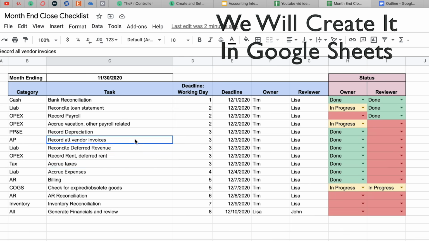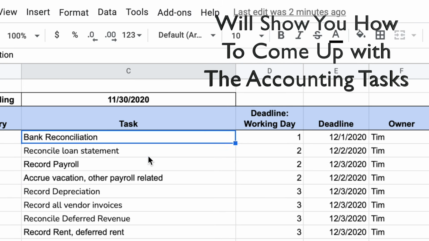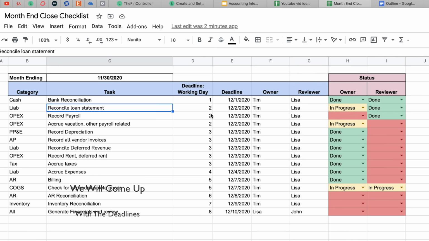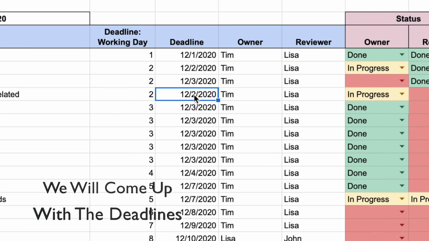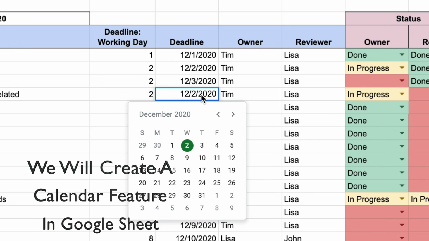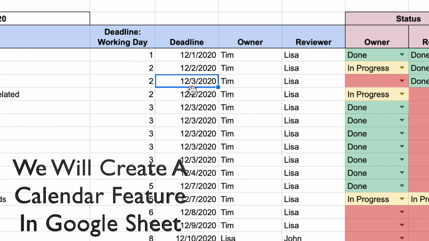So we'll go ahead and create this in Google Sheets, and I'm going to show you how to come up with all of the accounting tasks that are needed to be able to close the books in any given month, and then we'll come up with the deadline or the number of working days needed to close each task, and then the deadline itself. So we'll create a calendar feature here to select the date for each of these events,